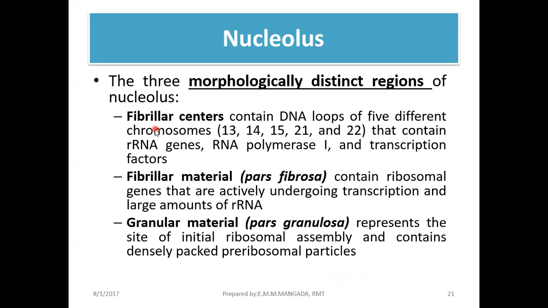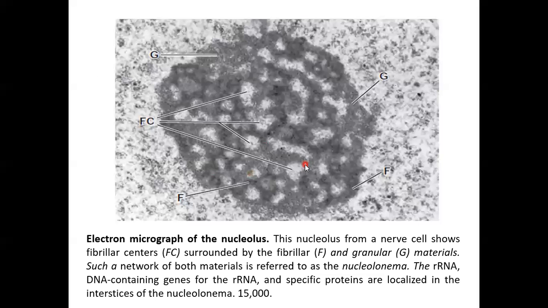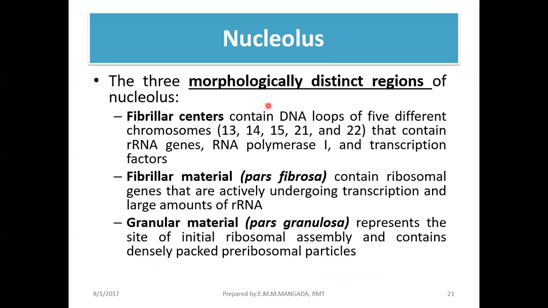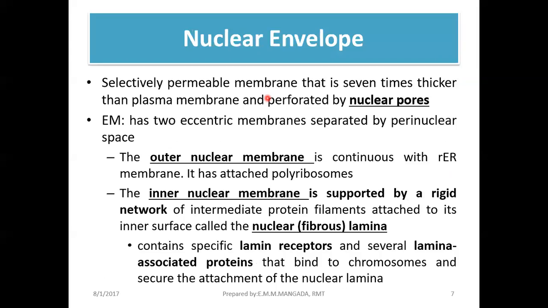The fibrillar center contains DNA loops of 5 different chromosomes. We have 13, 14, 15, 21, and 22. Okay? So they contain the rRNA genes, RNA polymerase, and the transcription factors. So these are the structures of your nucleolus. Okay? So this is actually a nucleolus from a nerve cell. So those are the different structures of the